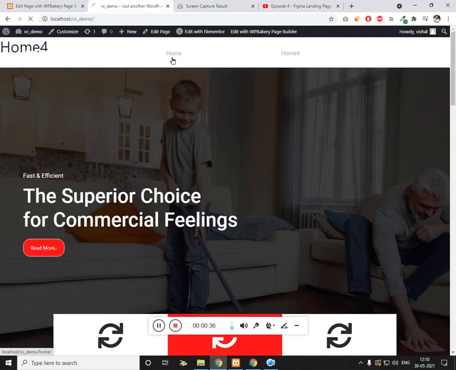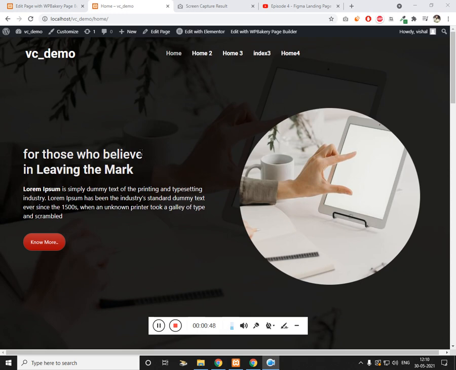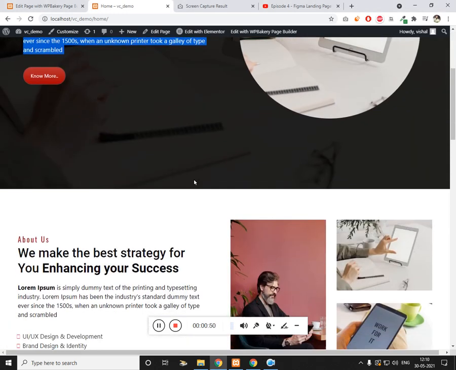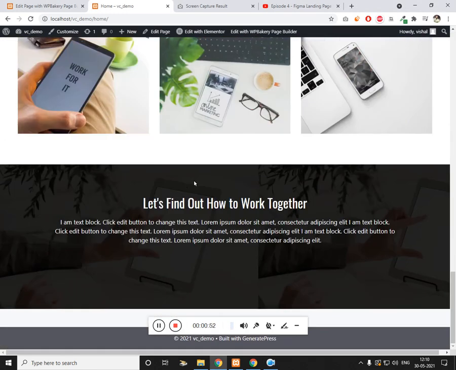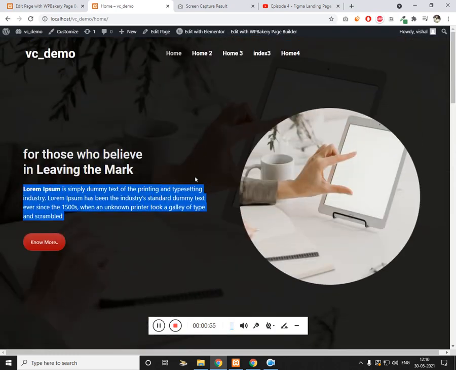Previously we have already created these front pages. We have already almost completed 3 front pages. So if you wish to look, you are free to go. This is the first page which we have created with the help of Visual Composer. Let me show you the second page,